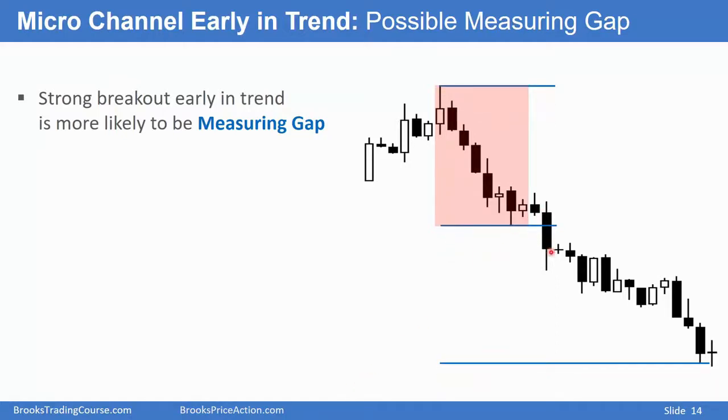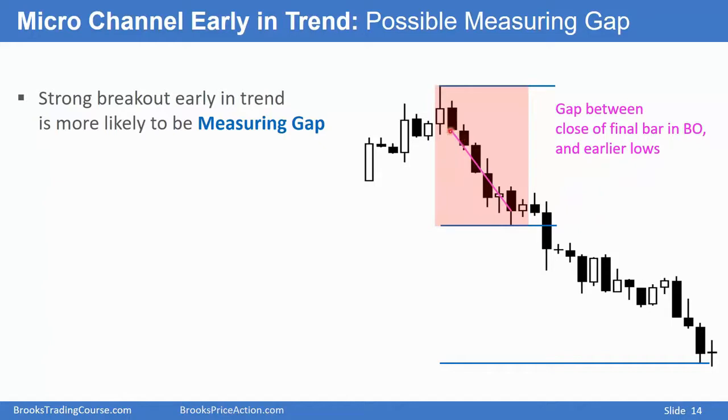And we have a breakout here, and then a pullback here and here did not close the gap between these highs and that low. Therefore, we might get a measured move down based upon the height of this strong bear breakout. This is the measured move, and look what happened when we got down to that measured move target.